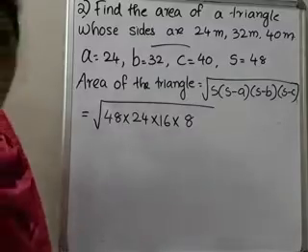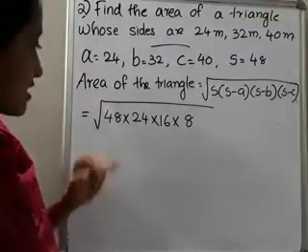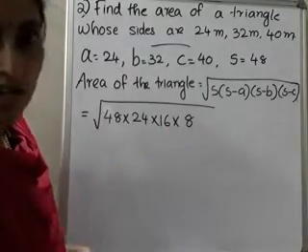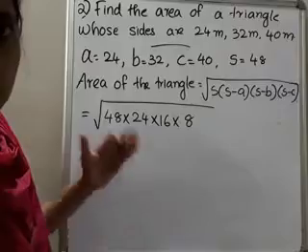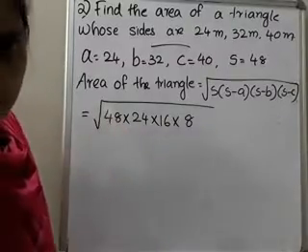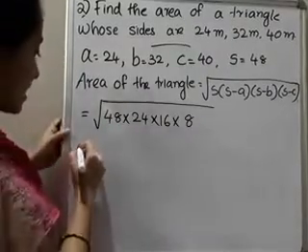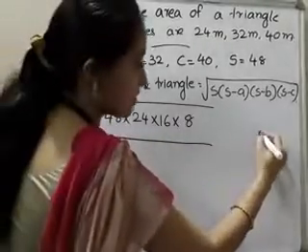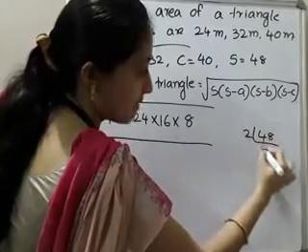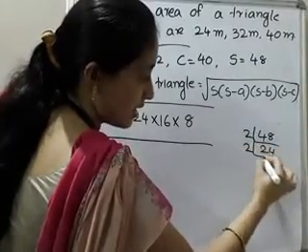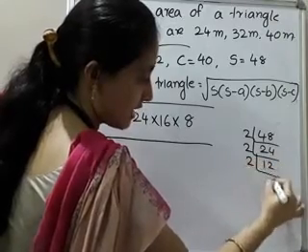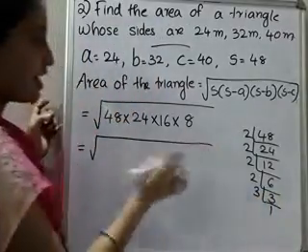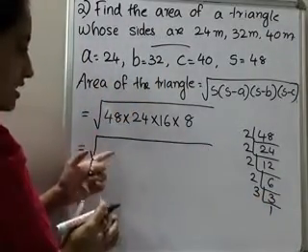So here you can't find, is it? 48 is not a perfect square, 24 is not a perfect square, but 16 is a perfect square and 8 is not a perfect square. So what you have to do is, you have to factorize the terms. Okay. Factorize the terms means prime factorization. Okay. 48, that is like this, 48 by 2, it is 24, then again by 2, that is 12, then by 2, that is 6, by 2, that is 3, then again by 3, 1. Likewise you have to do.